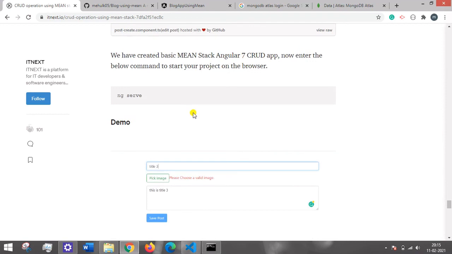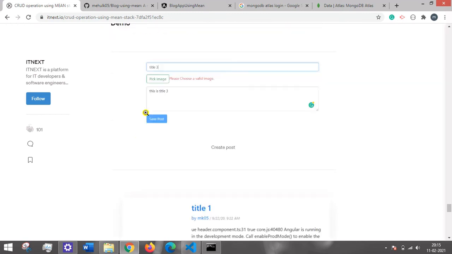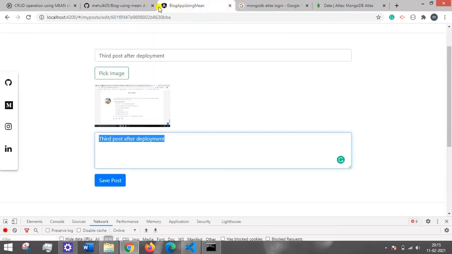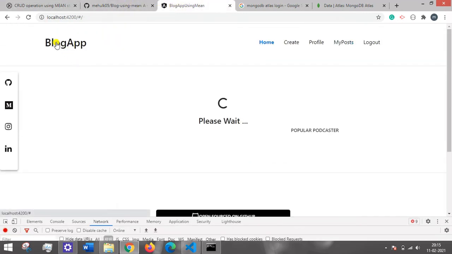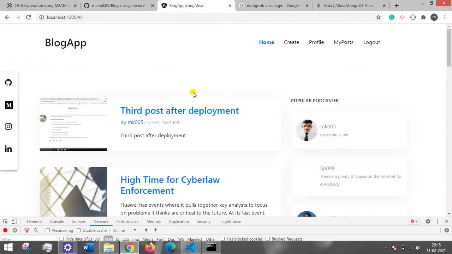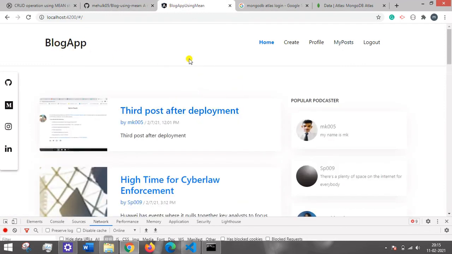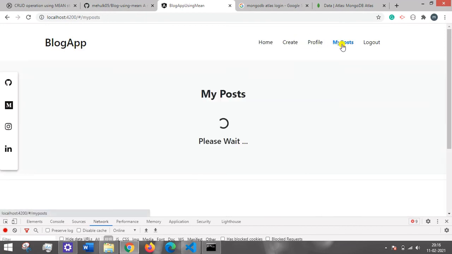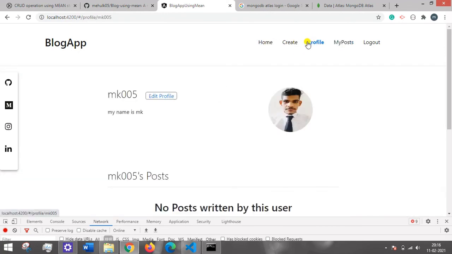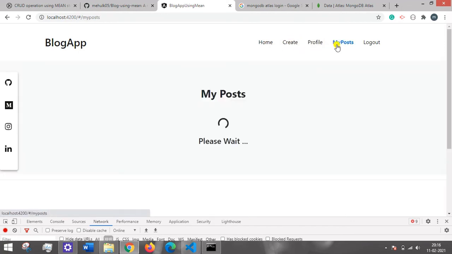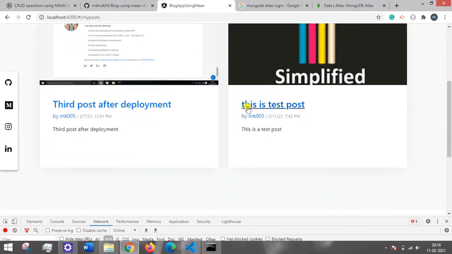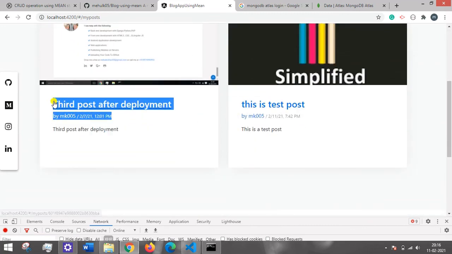To run this application we have the ng-serve command. So ng-serve is the command we want to run. This is a demo I'm showing you live on my localhost, showing the way we are creating an Angular application with a MEAN stack. In this particular application I have created a profile component and a my post section. A user can create his profile and then link his profile ID to the post. Whatever post I am displaying here, I have linked my profile to it.